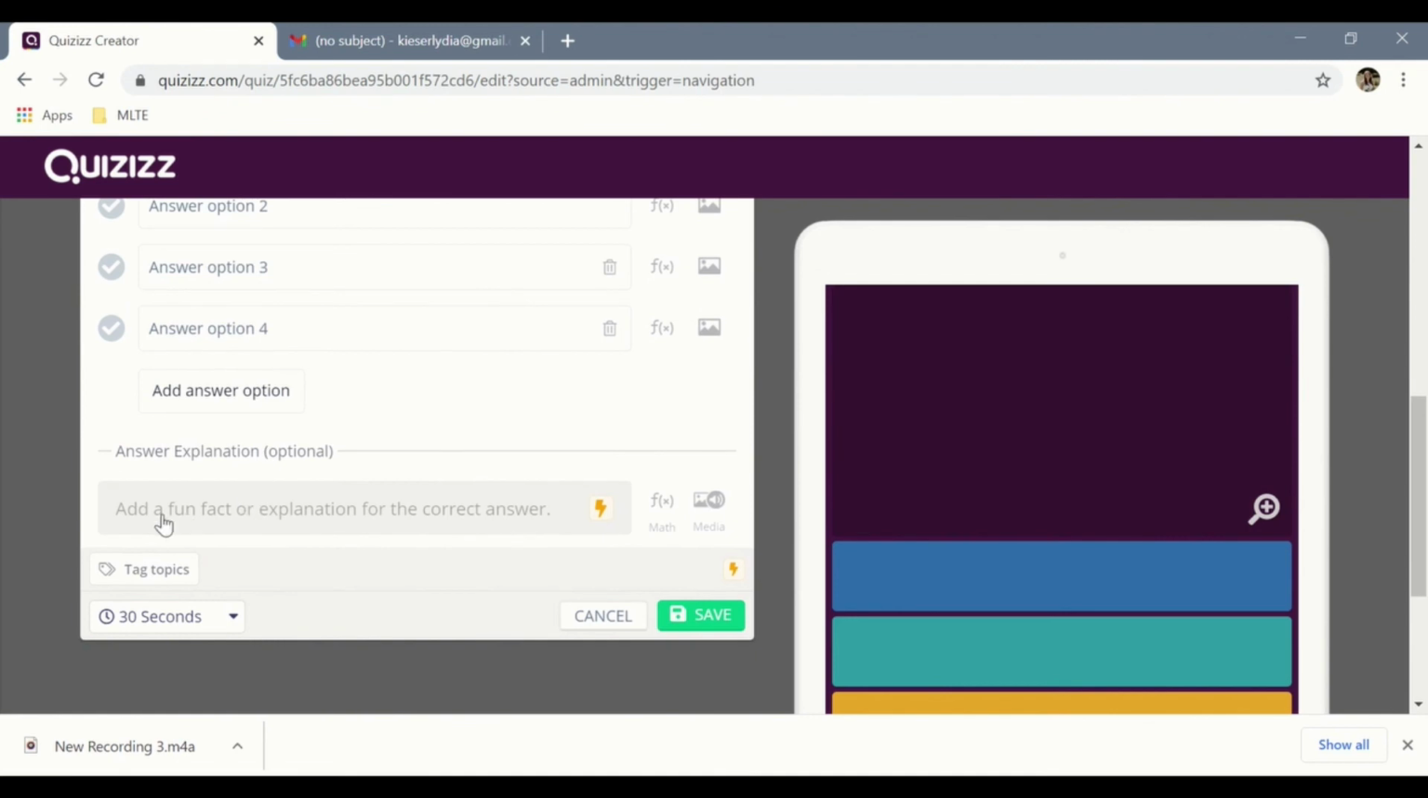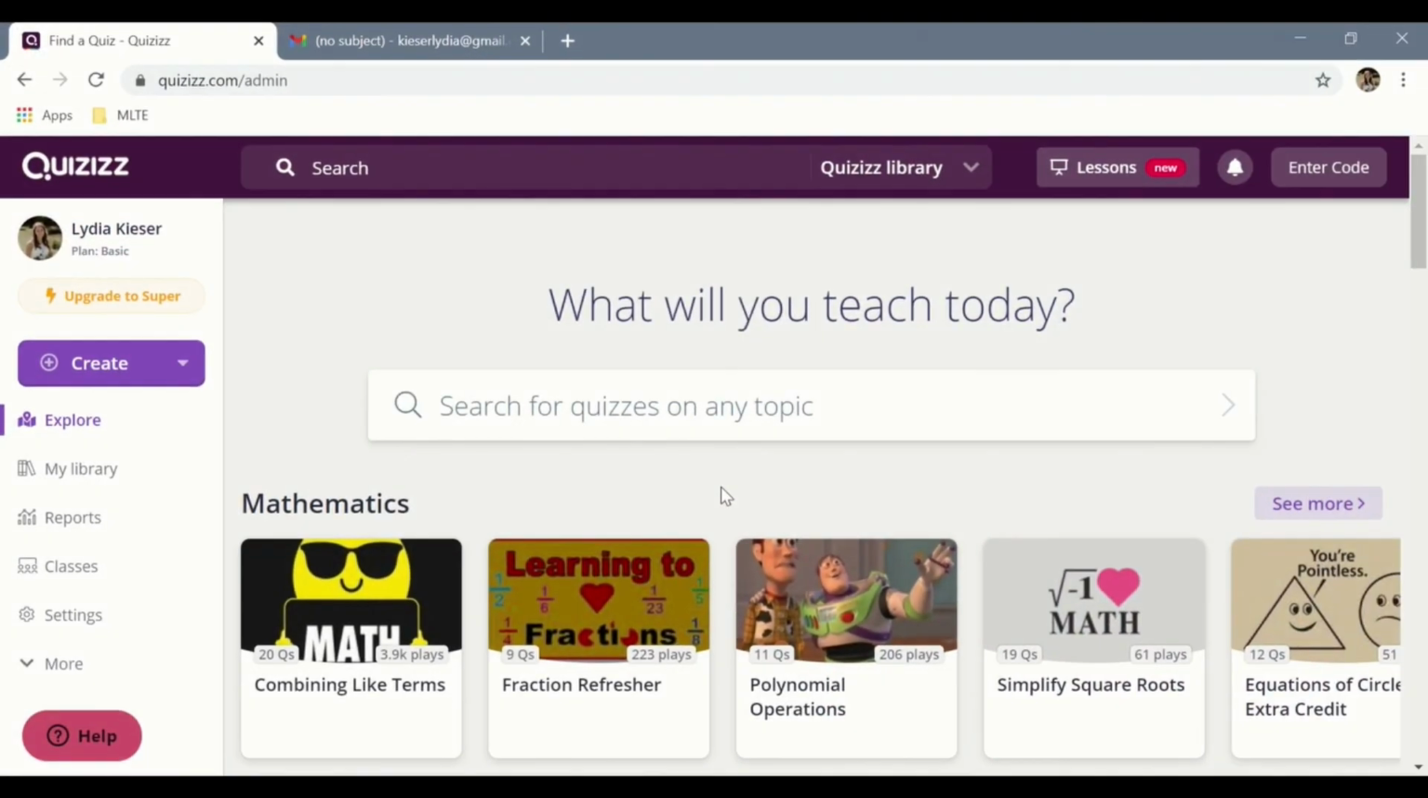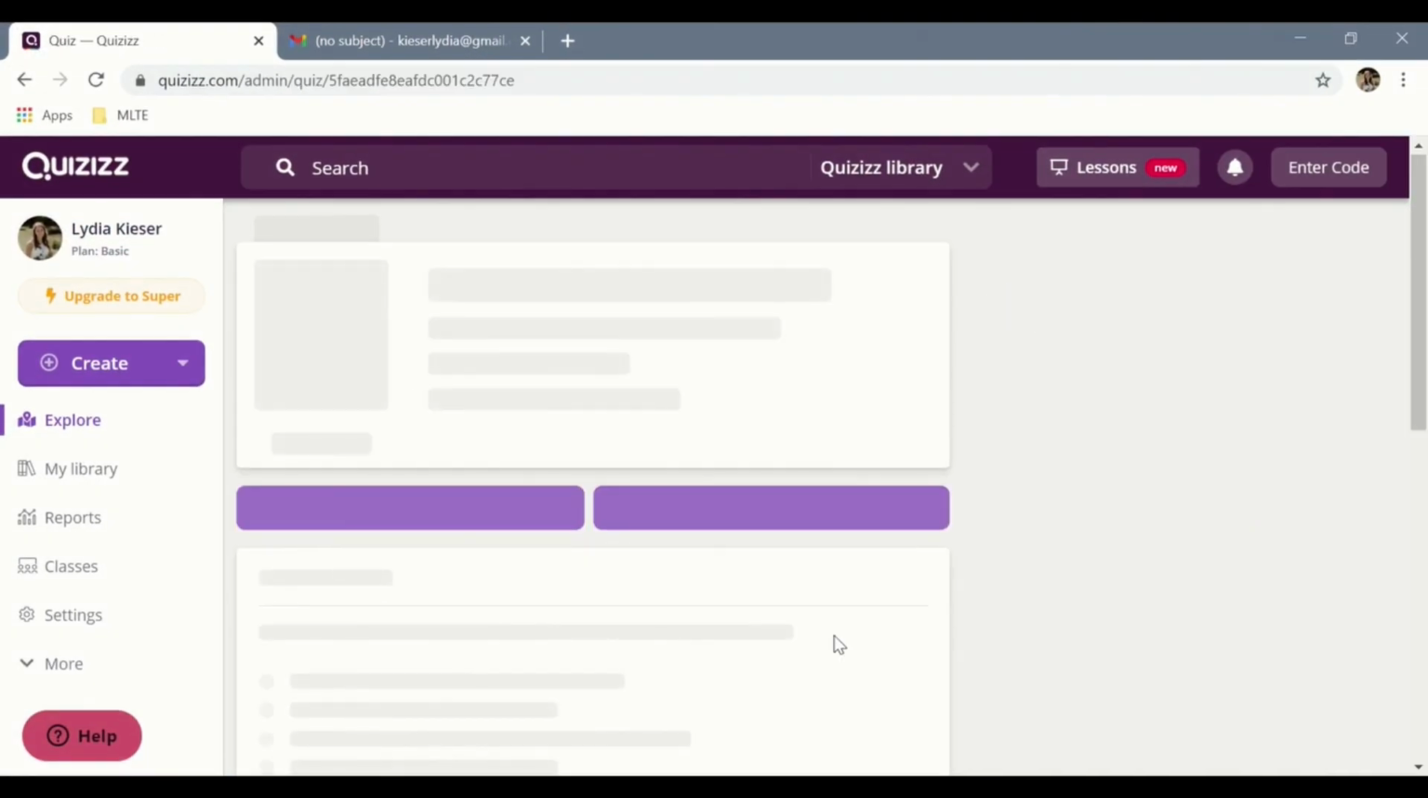You can add explanations to your answers if you buy the Premium Pro package, which is kind of a bummer with this Quizizz app, but give and take, I guess. So let's say I want to assign this polynomial operations quiz. It's already made for me. All I have to do